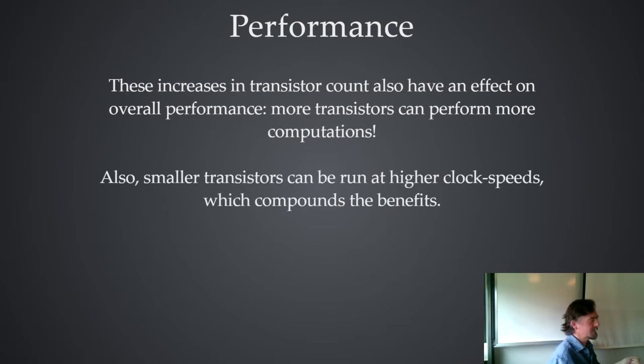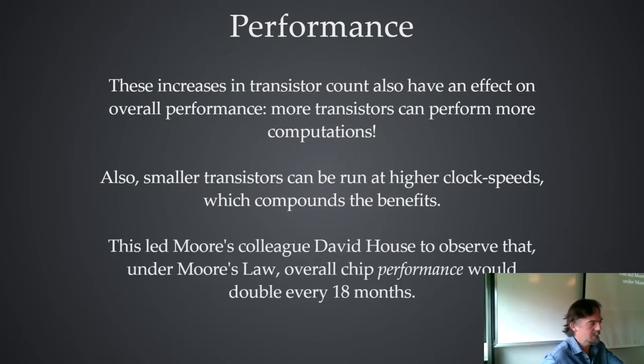The other thing is that as the transistors get smaller, you can run the clocks at higher speeds as well. So not only have you got more transistors, but they're individually being clocked at a higher rate, and that has a compounding effect sometimes, up to a point. In fact, this leads to the idea that a fellow called David House noted that Moore is saying that the number of components is doubling every 2 years. But because you get the benefit of the doubling of the components and you get a clock speed improvement, it would turn out that the performance of the chip would actually double faster than that. Instead of the performance doubling every 24 months, it would double every 18 months.